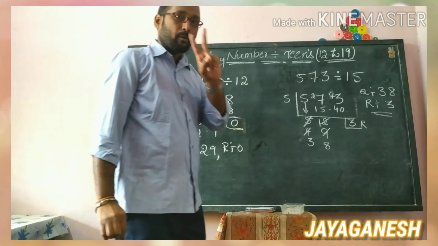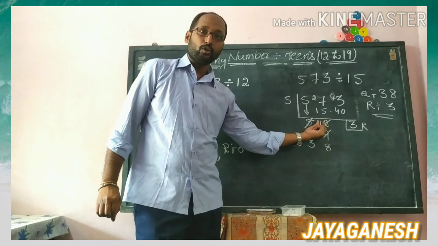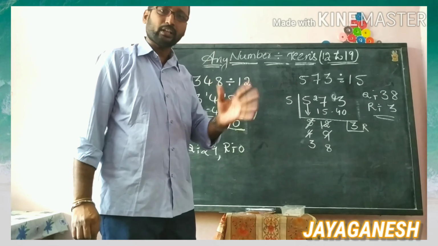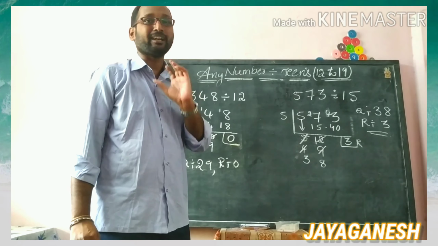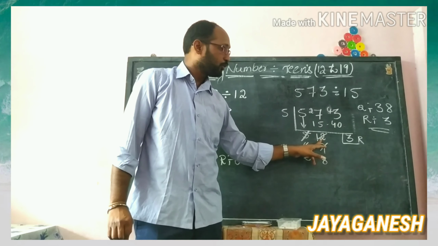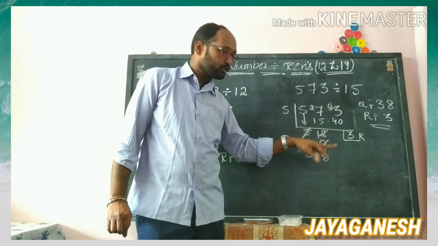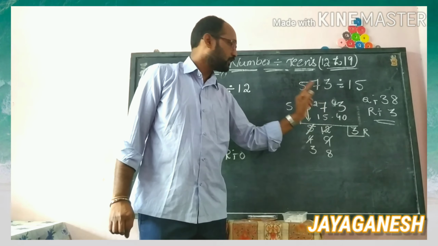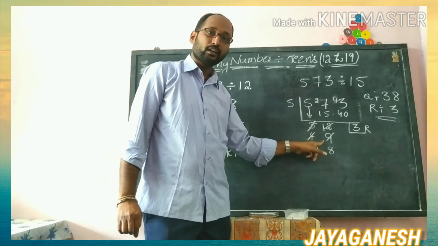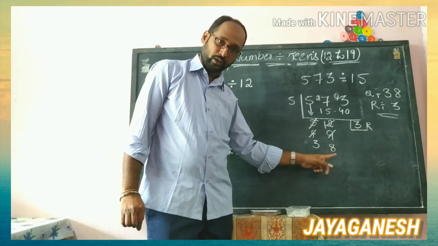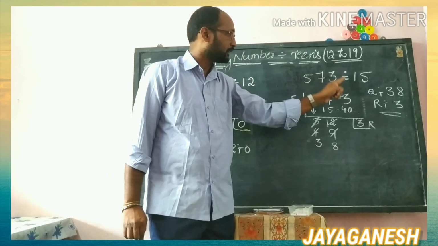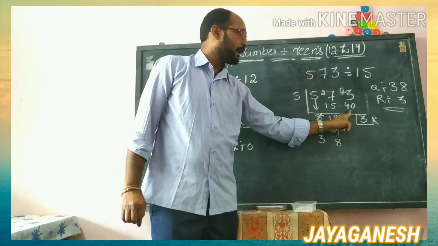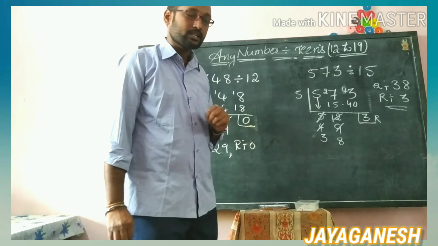Whenever you get a double-digit number in any place value, never keep 2 digits in one place value, whether it is hundreds or tens or whatever. In that place, always 0 to 9 will repeat. That's why here 12 is there, and I directly brought it to a single digit. When I brought it to the single digit, how many times did I reduce? Count it: 12, 11, 10, 3 times, so I gave 3. 33 still is not possible. That's why again I cut the 9 and brought it to 8, decreased by 1. One more I did. In total it reduced 4 times. I gave 4. 5 8s are 40. I wrote here 43 minus 40 will be 3. That's why my quotient is 38 and remainder is 3.